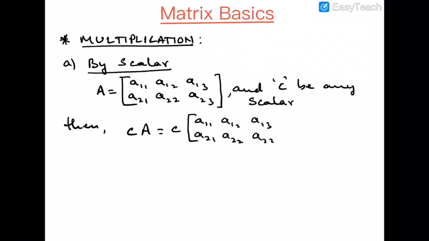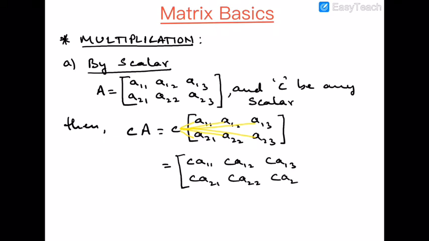Now this scalar quantity C will be multiplied with each and every element of matrix A. So we will get CA11, CA12, CA13,